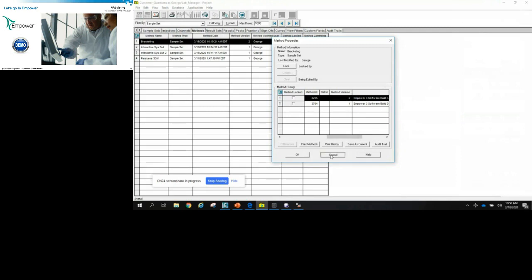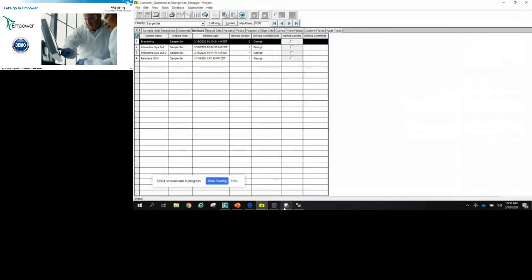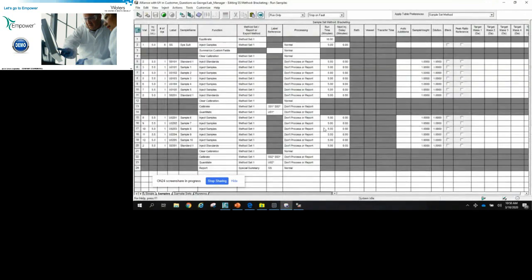Another question that has come in, which I've had multiple times as well, is back here in the sample set method, in the function column. A question came in about the difference between inject standards and inject samples. When we set up the sample set method, we choose the function to inject standards.